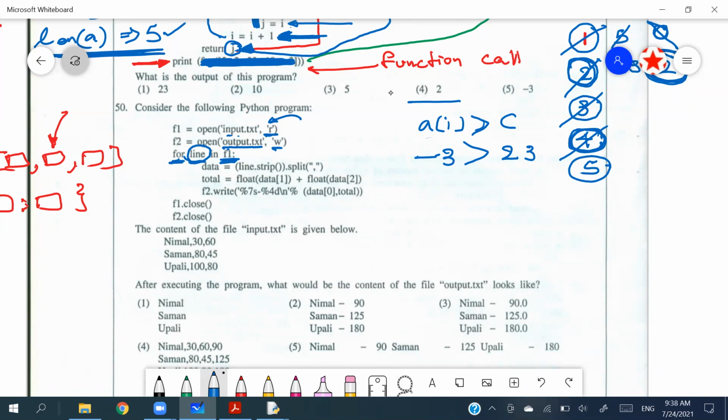Right? So they have given us the input.txt. This is the input.txt. So now what they are saying is data equals